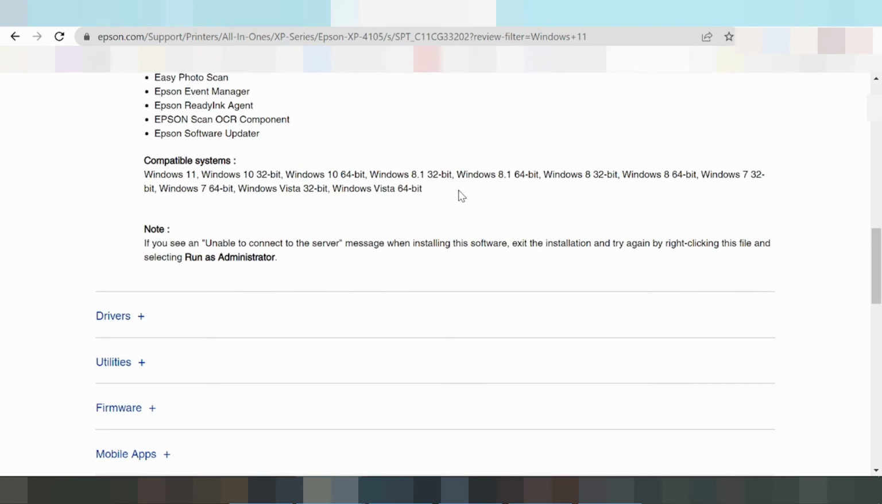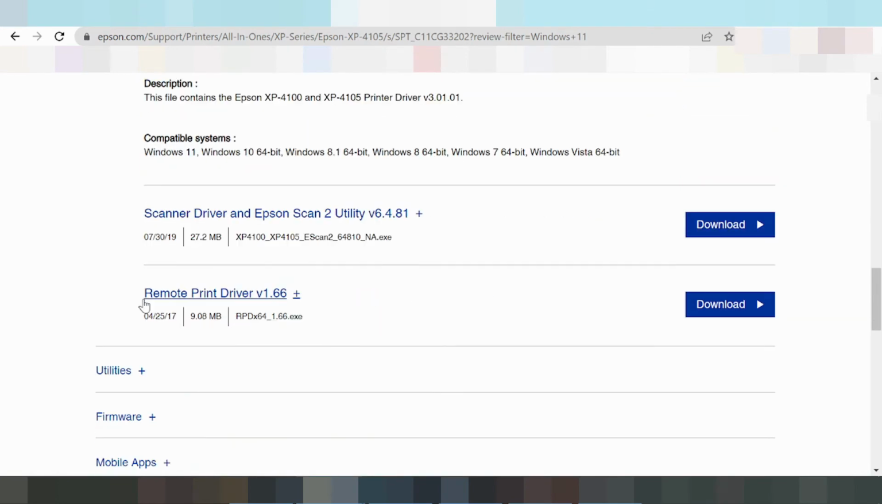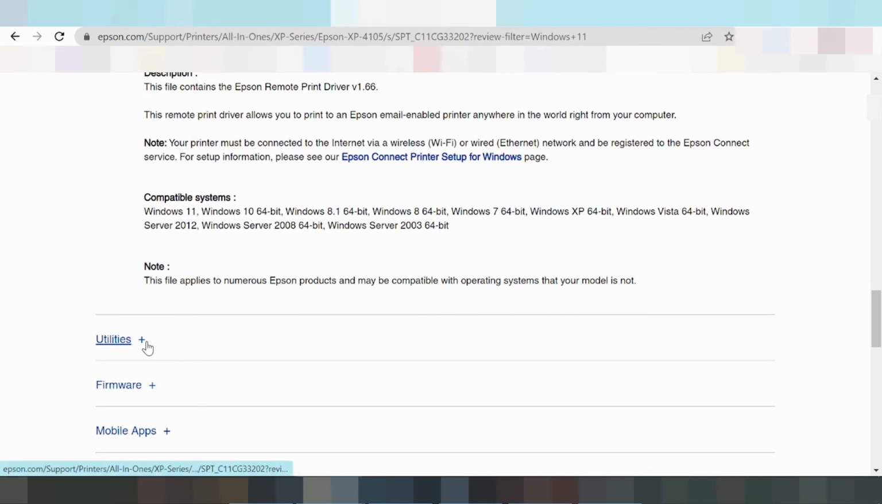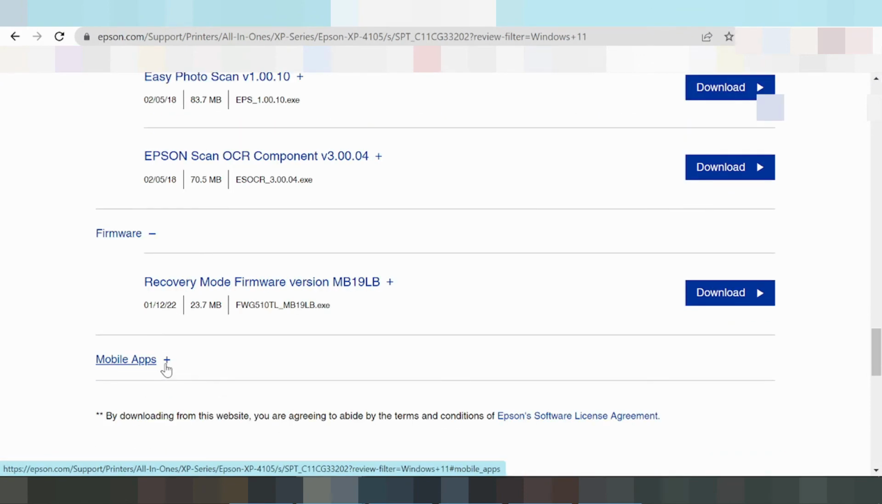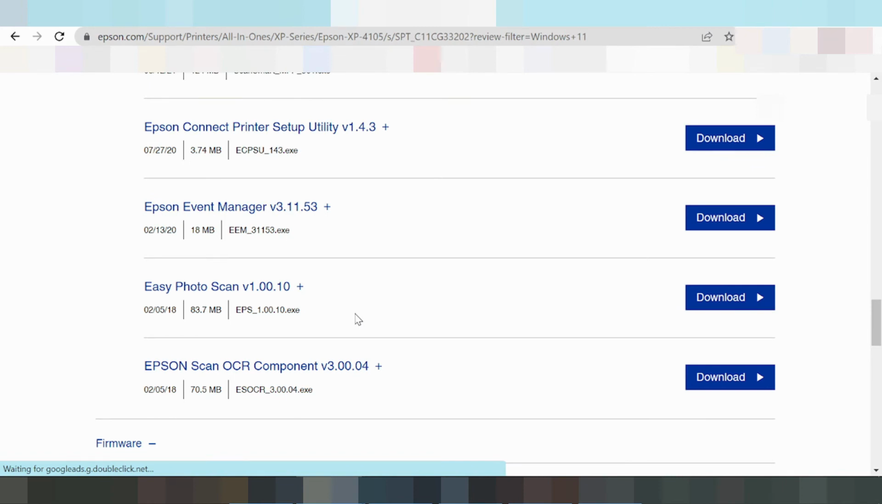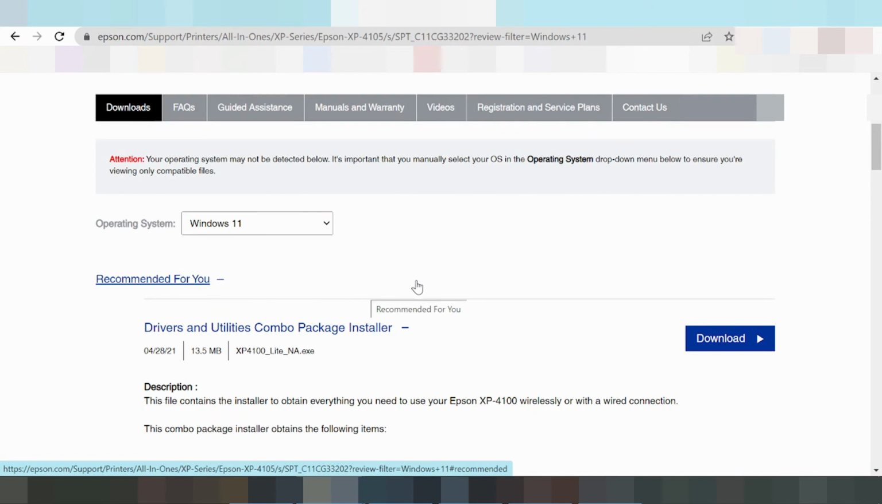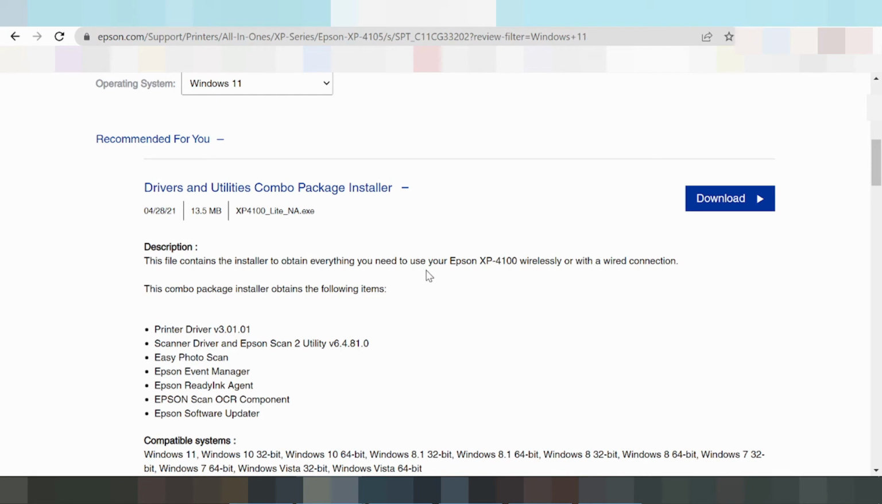If you need install driver only, click here. This here driver only, this driver print only, driver scan only, and this here driver remote for the wireless driver. And this here the utilities driver, and this here the firmware and mobile apps driver. If you need install a driver for recommended package, I am not install driver package for the